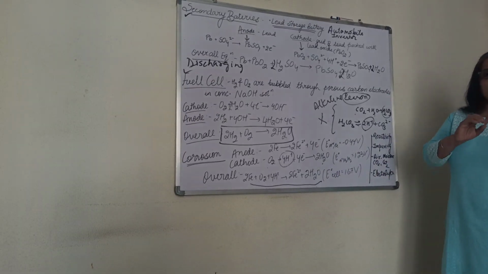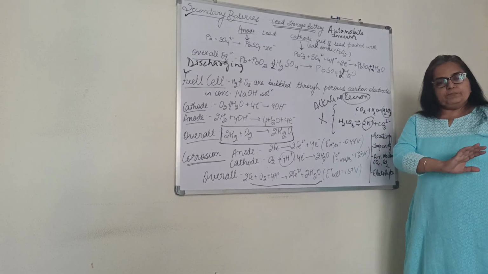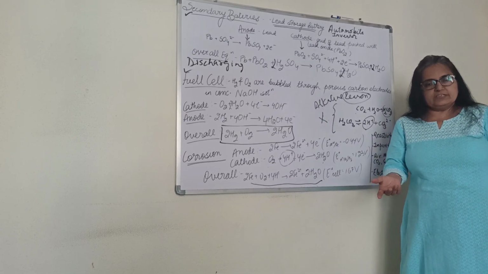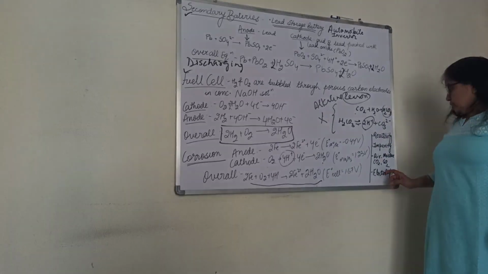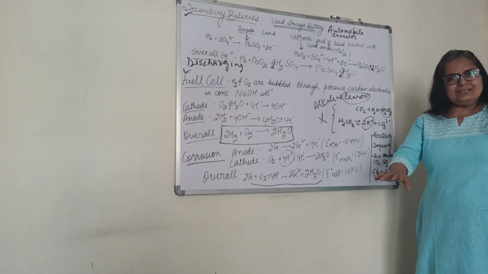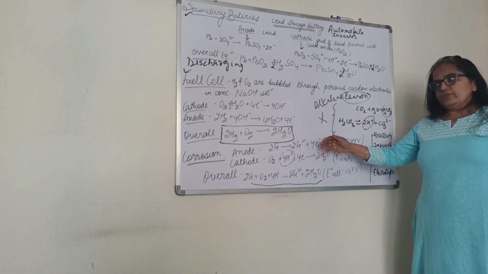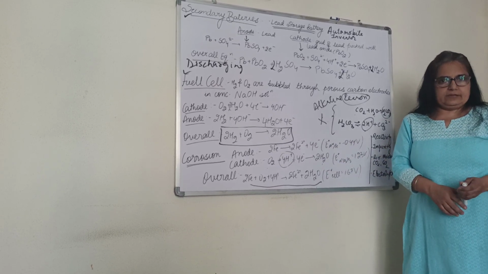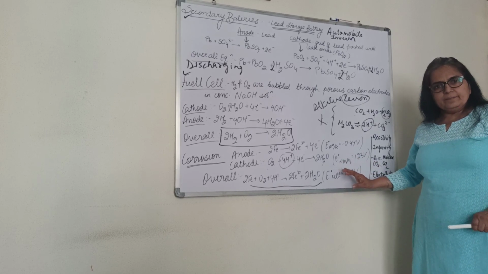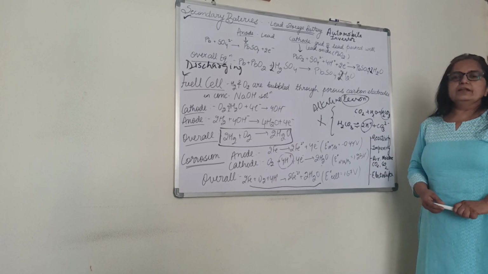Electrolyte: pure water is not a good conductor of electricity, but saline water is a good conductor. So if some salt is there in it, the current flow will be more, the rate of the reaction will be fast, and corrosion will occur to a greater extent. Is it clear till here? Okay. Next we will be talking about numericals of this electrochemistry chapter.